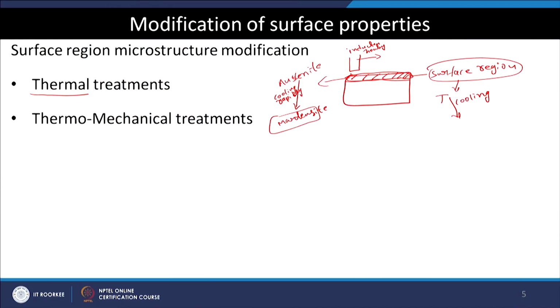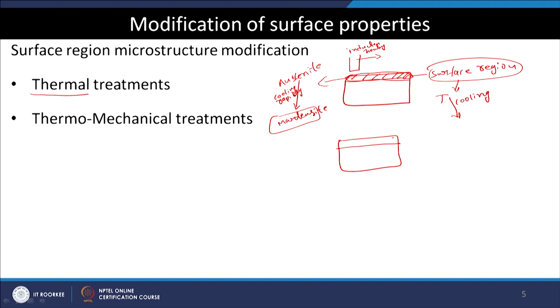The other possibility is you can do the heating as well as introducing deformation. So, for example, let us think about mechanical treatments. We know that by doing a mechanical deformation we can alter the properties because we introduce defects into the material, which is known to change the properties. So, for example, if we have a sample and the surface region is mechanically deformed, producing defects, that will have a different kind of properties. So, it is called strain hardening of the material.